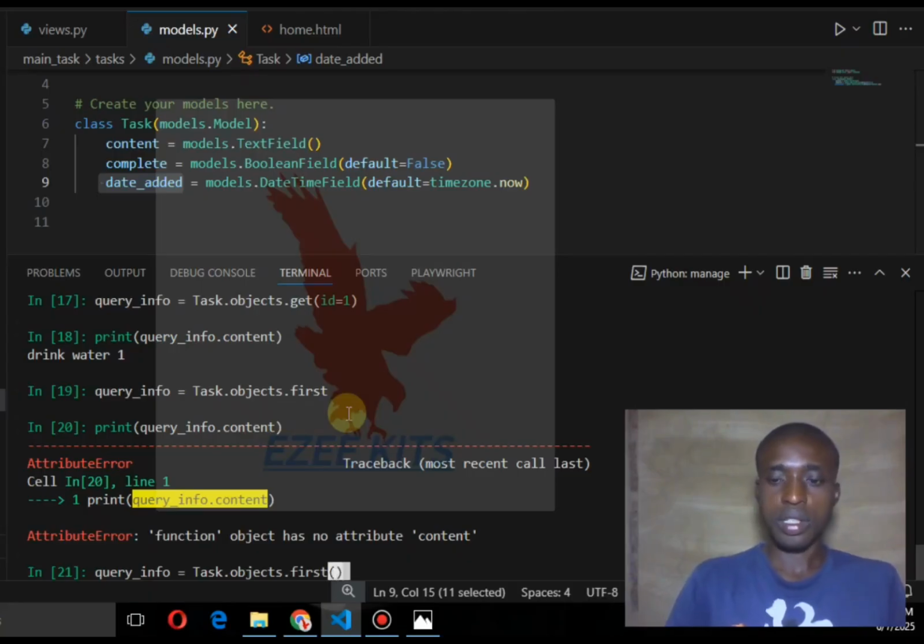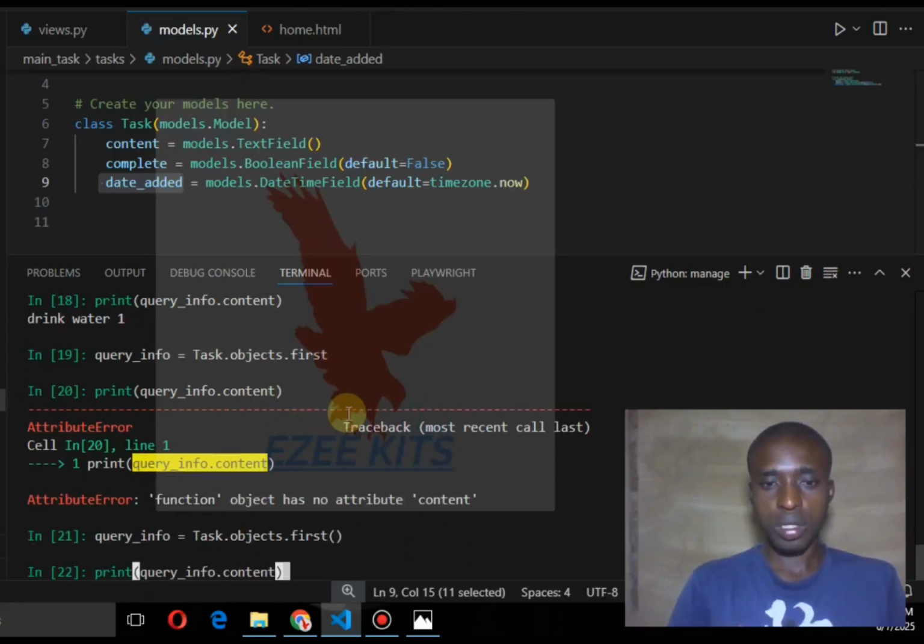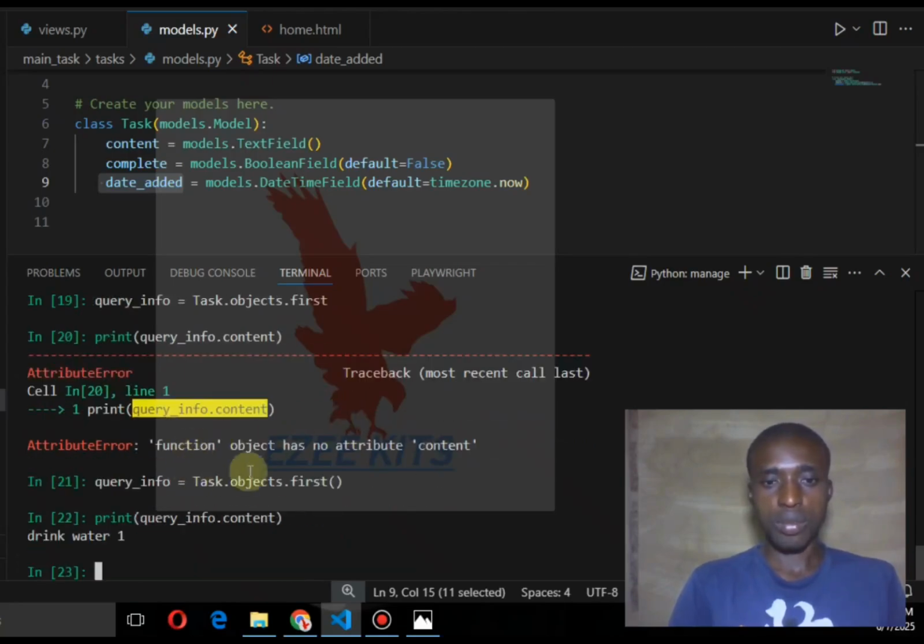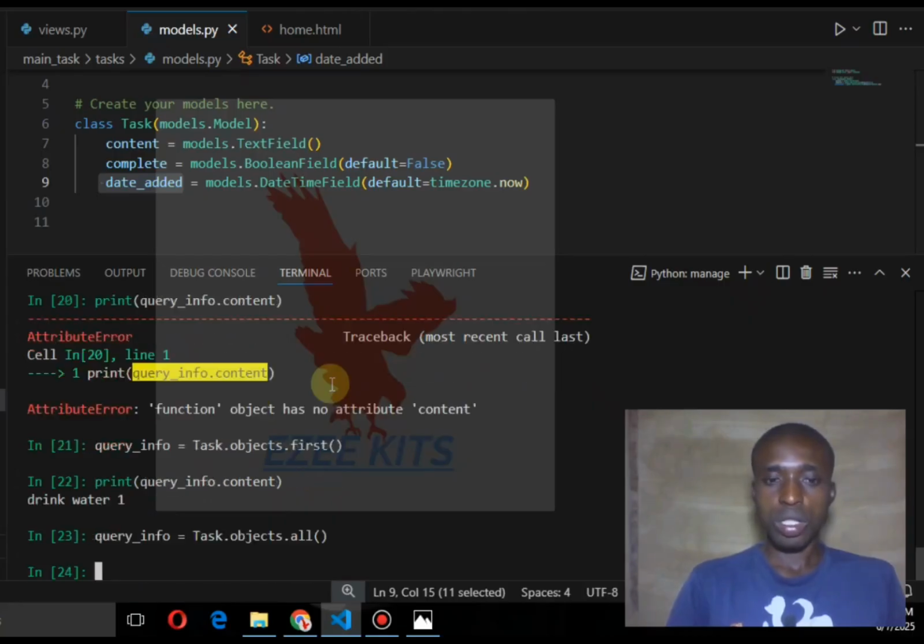Try specify this so we can actually query it dot. Okay, you can see dot first. We can actually get that of the drink water 1 again. So we can actually try to change the behavior, because when I run this, let's say I try to query all the information, then I try to print out the,